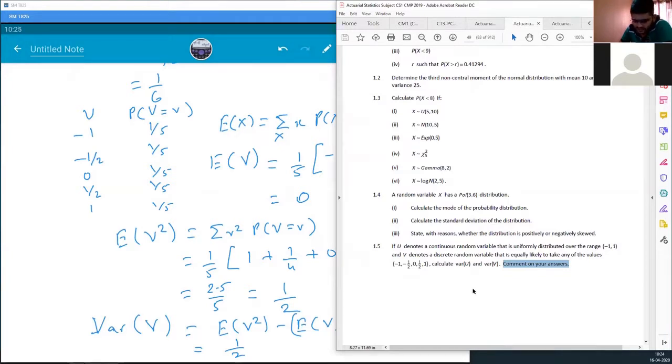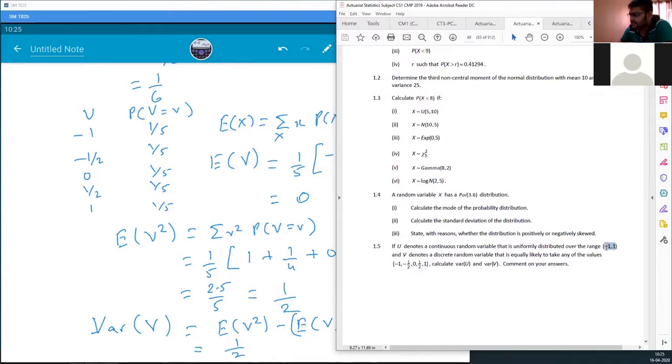Now, here we observe that the variance of the continuous uniform distribution is smaller than the variance of our discrete uniform distribution. That may be because we have more possible values near our expected value. Here the expected value will again be 0. In the continuous uniform also we have expected value 0. But the nearest value to 0 that we are getting here is minus half and half. That is half away from 0.